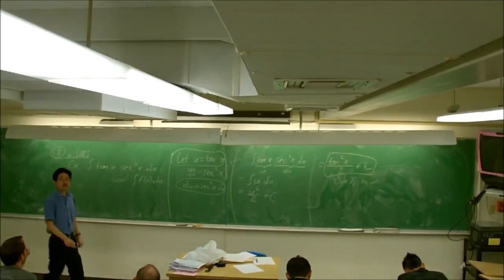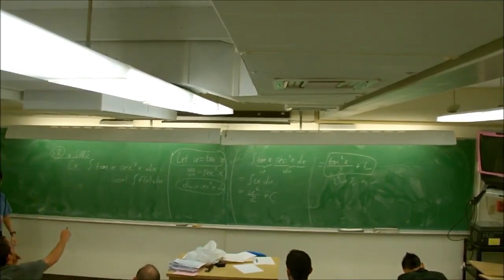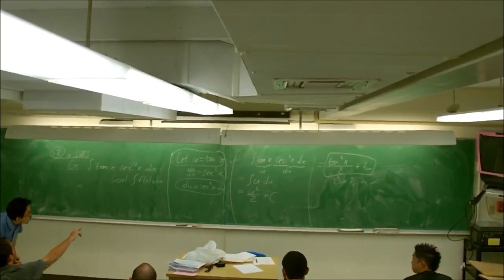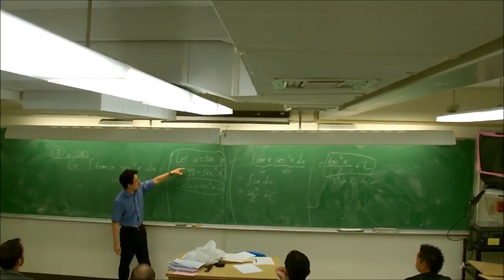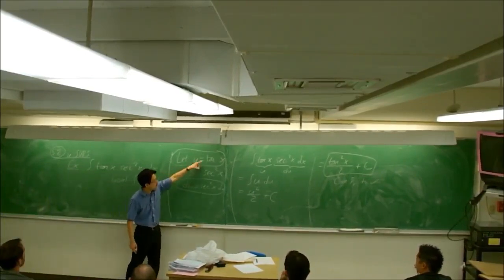Any other questions about this? Practice. So you got let u equals tan x. Then how did you get du over dx equals secant squared x? This is Leibniz notation. This means the derivative of u with respect to x, right? I'm taking its derivative with